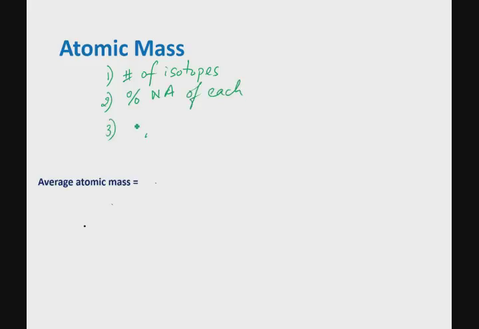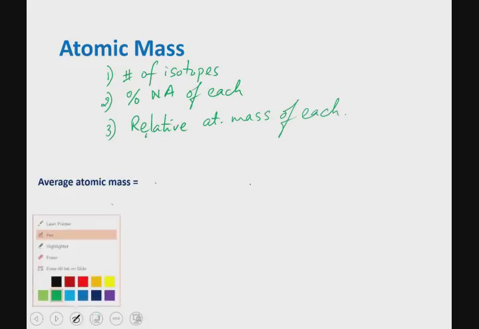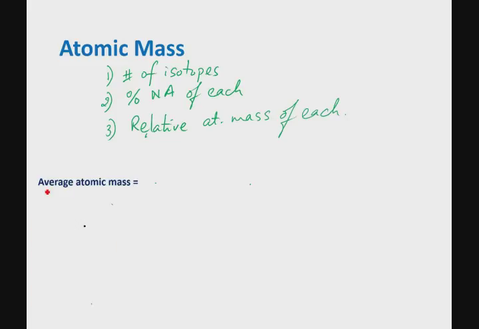And the third thing we need to know is the relative atomic mass of each isotope, relative to the carbon-12 atom. Only when you have these three pieces of information can you calculate the average atomic mass of an element by using the following formula. The formula is percent natural abundance divided by 100 times the relative atomic mass for isotope 1,